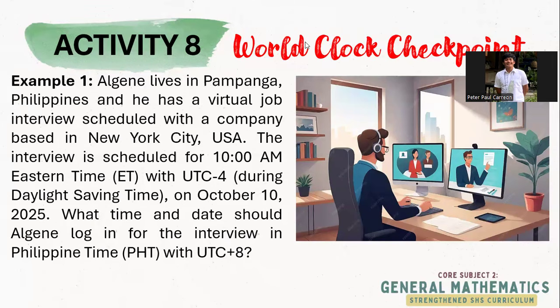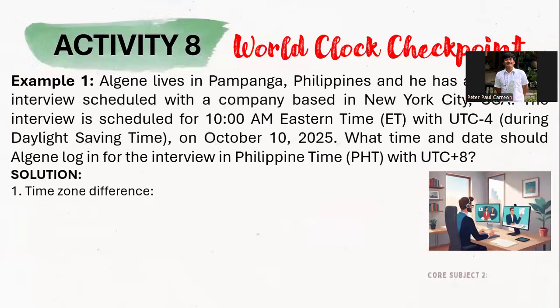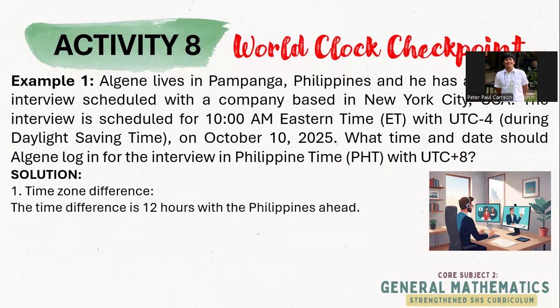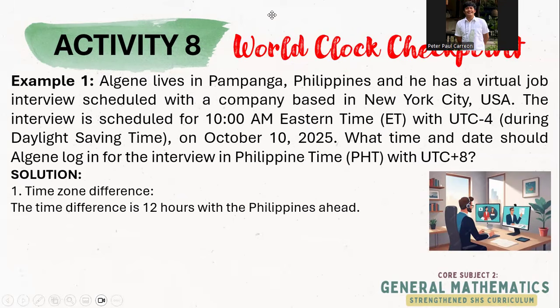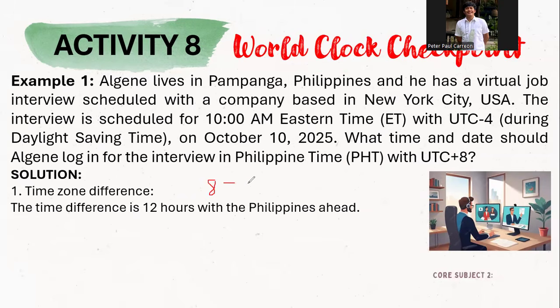So let's find the difference. To answer this one, we find the time zone difference. The Philippines is 12 hours ahead of New York. How do we get that? We have 8 minus -4. That gives us a 12-hour difference. Do you still know the KFC? We keep, flip, and change. So we flip, and then we change the subtrahend, so we get an answer which is 12.